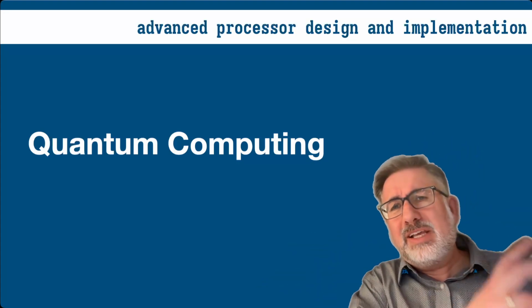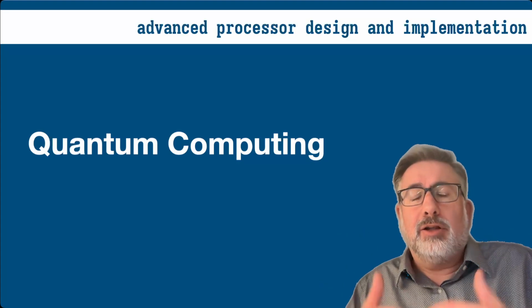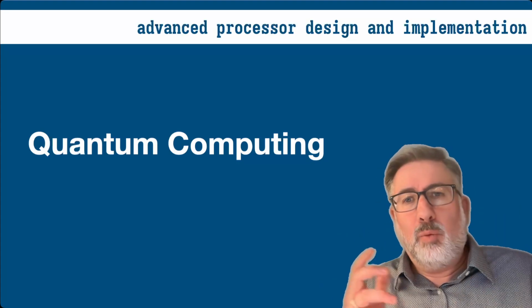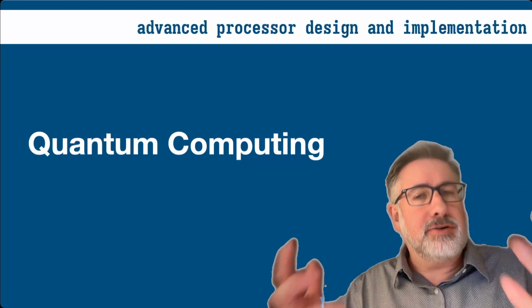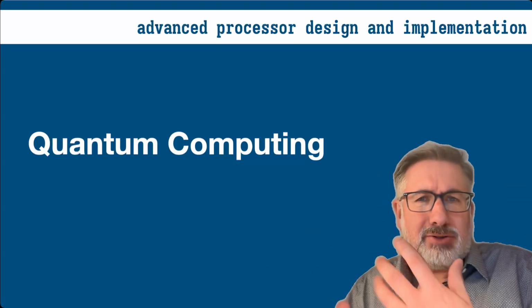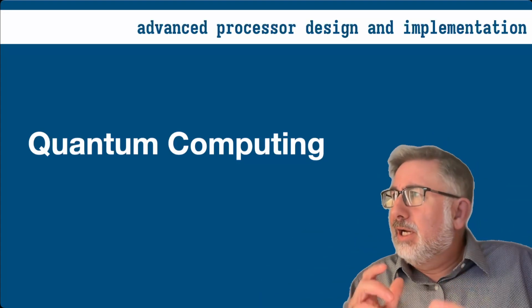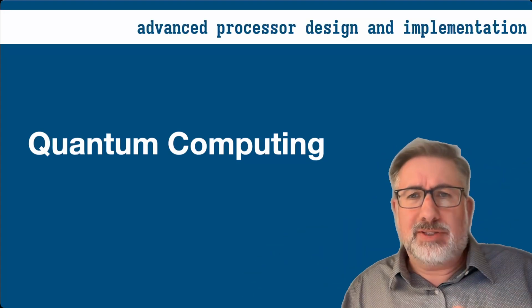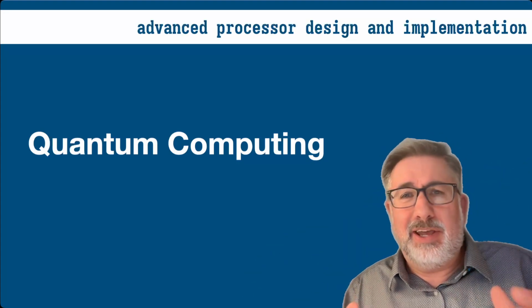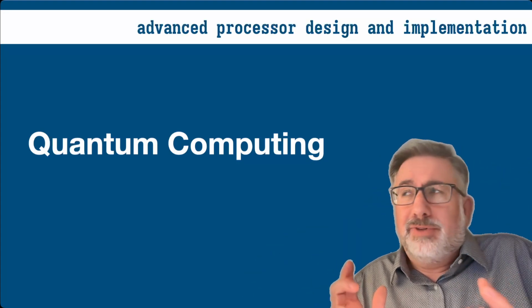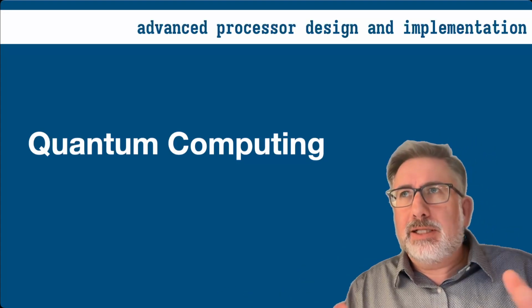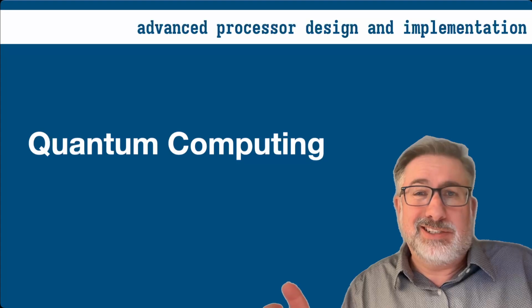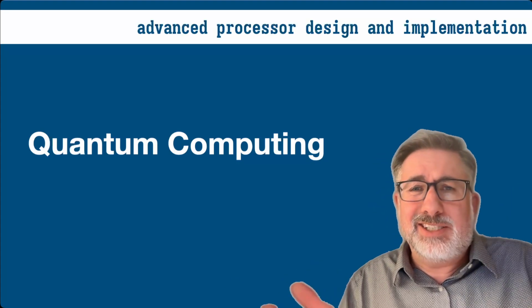There's a lot of stuff we have to get through before we can really get a handle on how this stuff actually works and why it's different than classical computing. So I'm going to start with just a little bit of an introduction. I'm going to tell you a little bit of the history of quantum computing and a very surface level explanation of quantum entanglement and superposition that is needed for these computers to do what they do. But basically, the end result of this is basically quantum mechanics is weird.